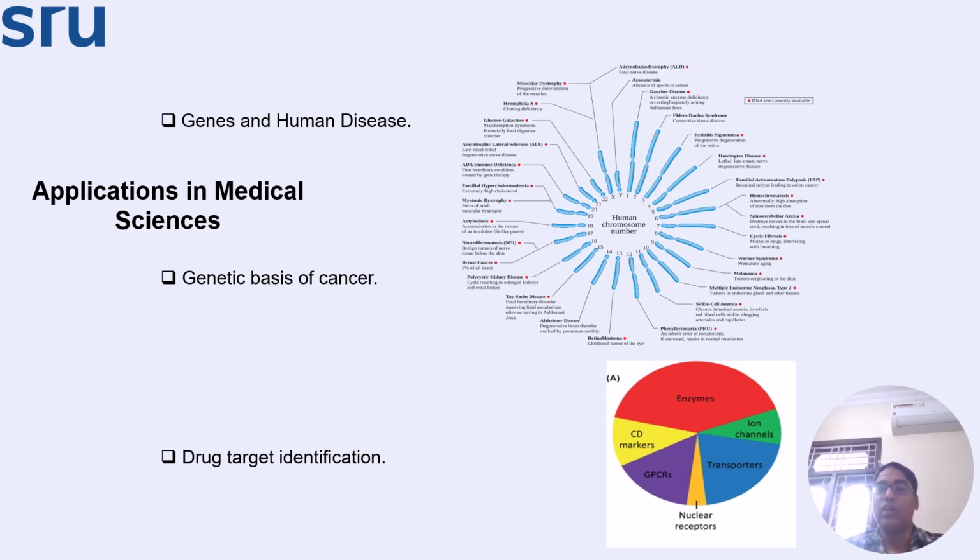And so what is now the application? Now the application of all this is in medical science. Genes and human diseases we can map. What is the genetic basis of cancer? Like why only certain genes are having the cancer? Or what happens when the cancer turns up? Drug target identification. Okay, we can easily find out what is the possible target for this disease, or